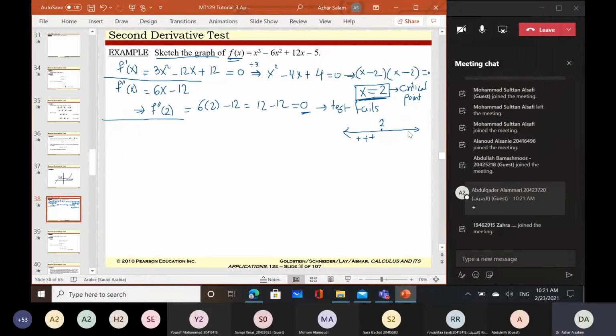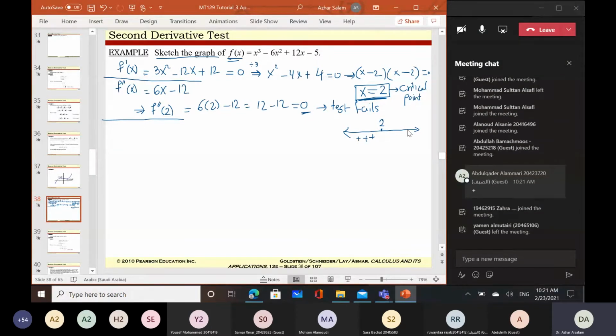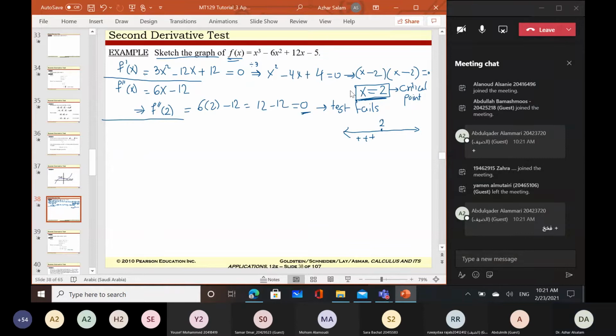Also, when I choose any value greater than 2, for example, 3, I will have 9 multiplied by 3, 27, minus 12 multiplied by 3, 27 minus 36 plus 12. Yes, it will also be positive. So here the function is increasing on both sides. So at x equals 2 is neither